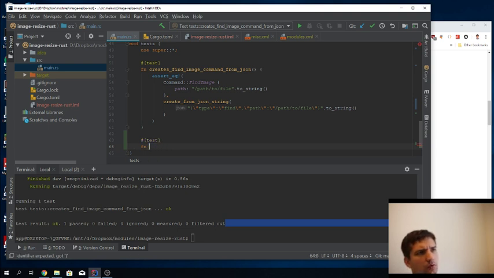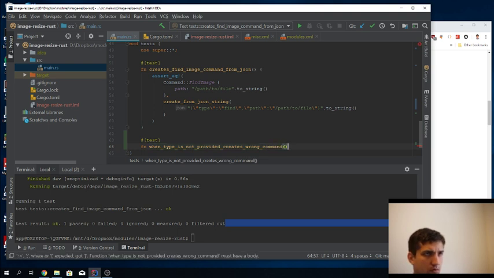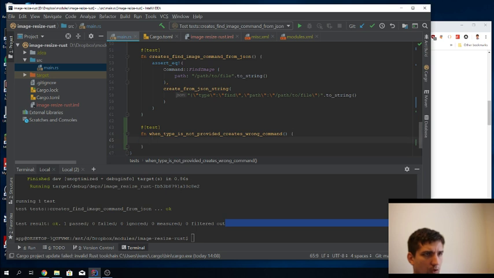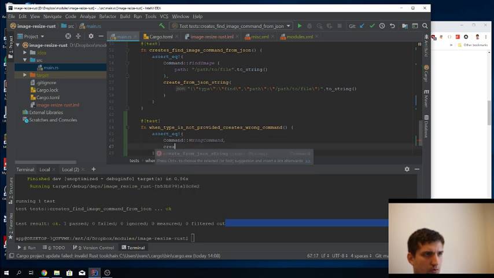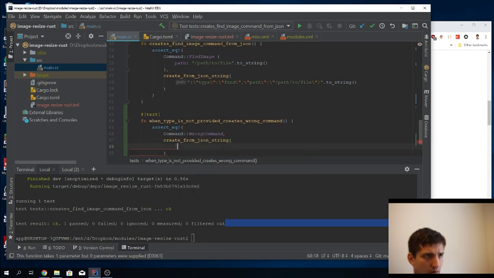actually what I'm gonna test: when type is not provided, creates wrong command. Okay, this looks descriptive enough. Then we're gonna assert that it's equal to command wrong command as a result of create from JSON string. Then we just specify this one